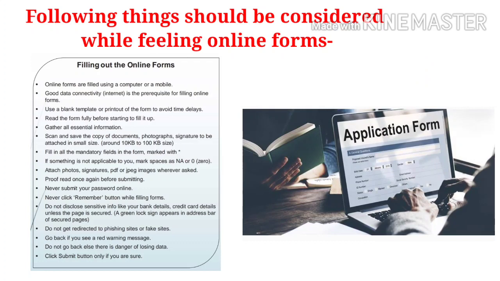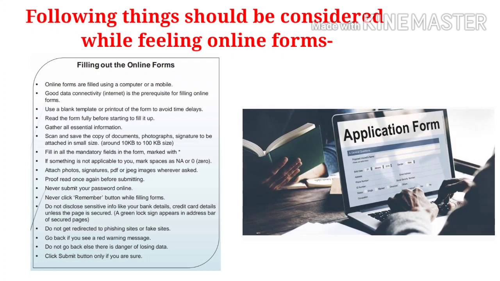If something is not applicable to you, put 0 or NA, that means non-applicable, in that particular field. Attach photo, signature and all the documents in desired formats. The formats may be PDF, JPEG, JPG, etc.